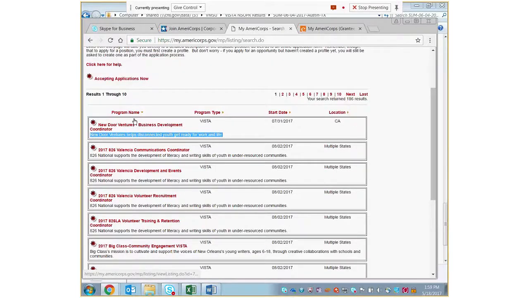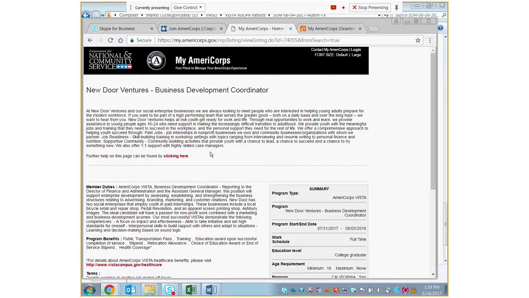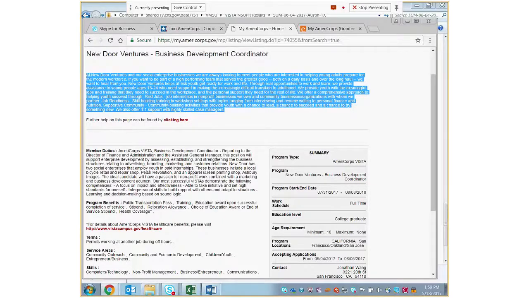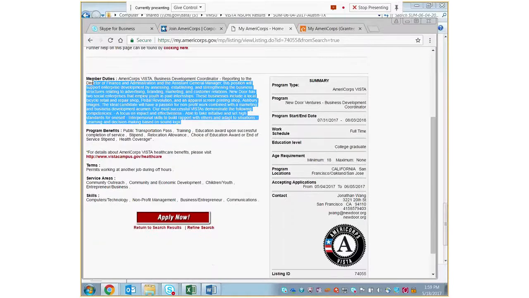So once the applicant looks through all of the positions that they're interested in, they're going to click on the name of the organization, and what they see first is the program description. So this is where you're talking about your agency and the VISTA project and the intersection between the two. And then they're going to see the member duties. So this is where you're talking about how you're going to be creating a financial literacy program that is intended to do this within the community. Here are the activities we expect throughout your year. And they will see the remainder of the information related to your opportunity listing.